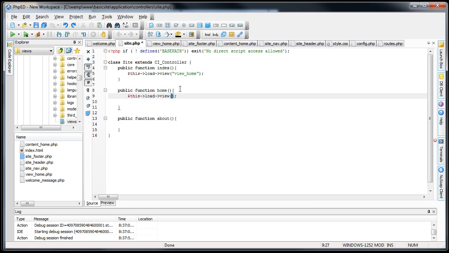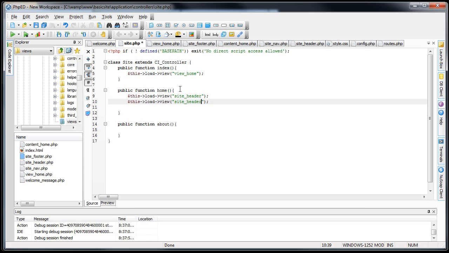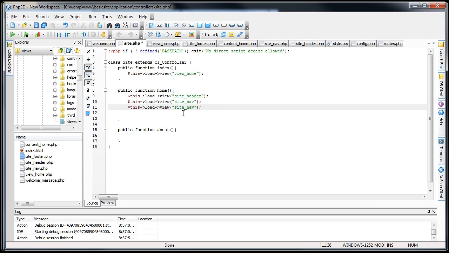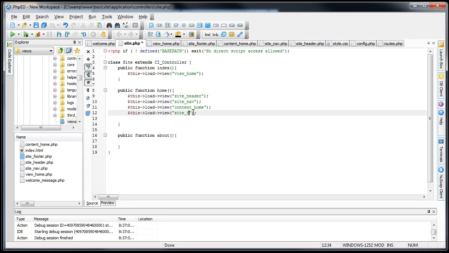View, and we'll go site_header. We'll go site_nav. By the way, I'm just pressing Control D. The command is the exact same in PHP ED and Notepad++. Maybe not whatever text editor you're using. If not, you can just copy and paste the lines or type it out or whatever you want. Content home for the home page, and then once more site_footer. Then, instead of loading this default view, I'm actually going to load the home function. Save it up,